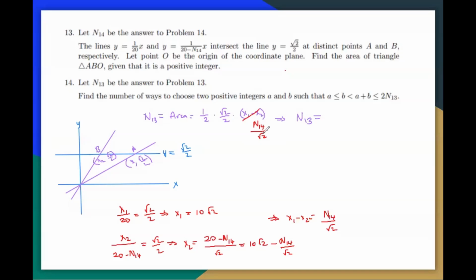Like this is n of 14 over root 2. This root 2 and this root 2 will cancel. And then you get n of 14 over 4. And if I clear this a bit, the n of 14 is equal to 4 times n of 13. Okay, so we got this, which is good, which is promising, which means one of the answers will be 4